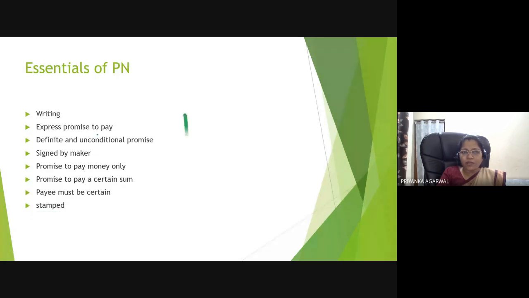I hope everything is very simple. If anybody has queries, we'll take them, and then we can end our class today. Because the next topic will be bill of exchange. We will take it in our next class, and then we will understand the difference between bill of exchange and promissory note, and cheque, truncated cheque, electronic cheque. All these things we will understand in our next class, and the other residual part.